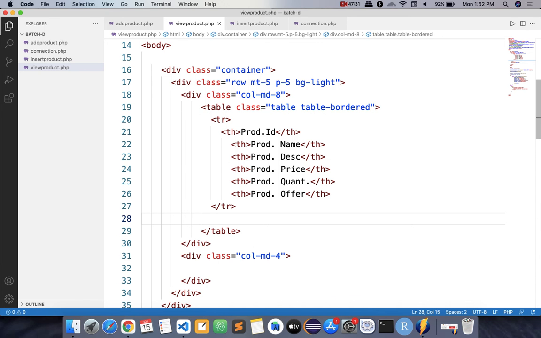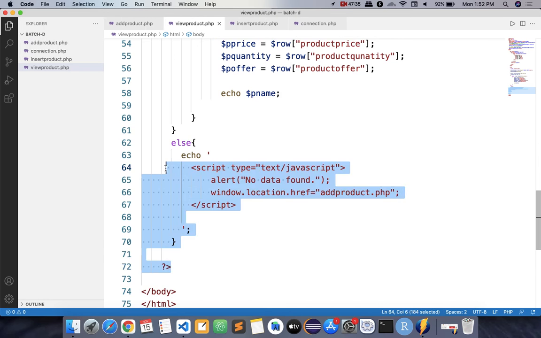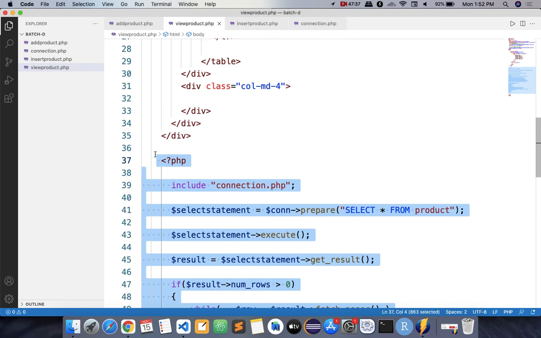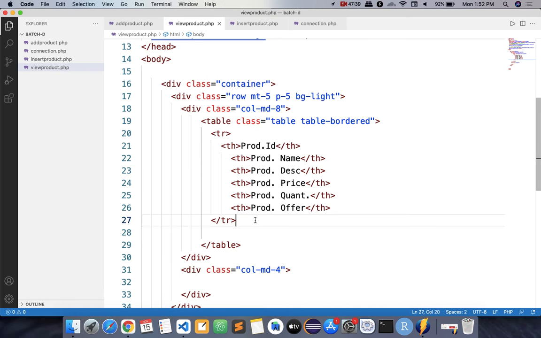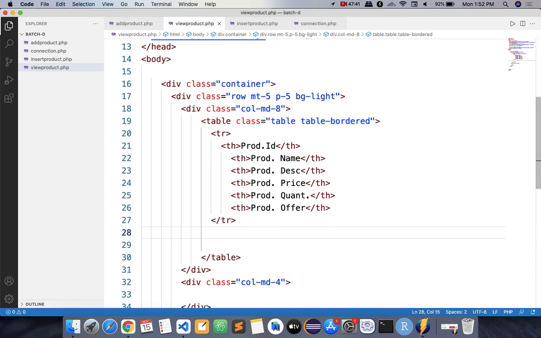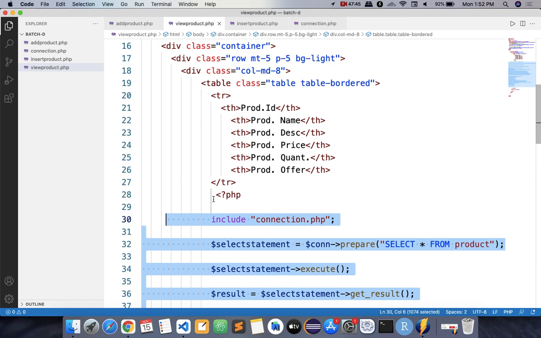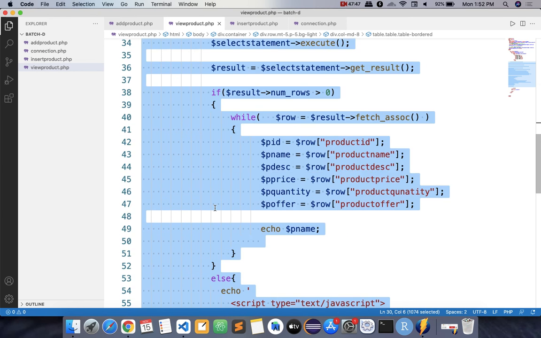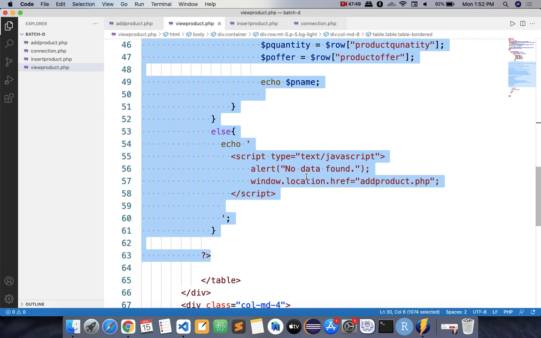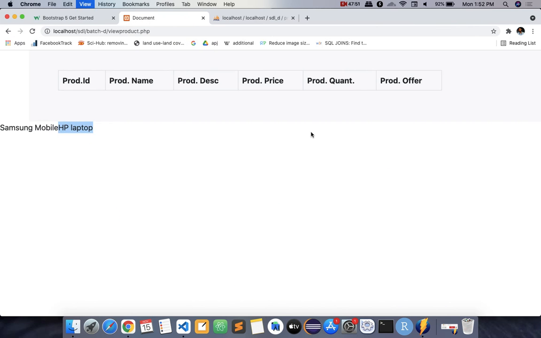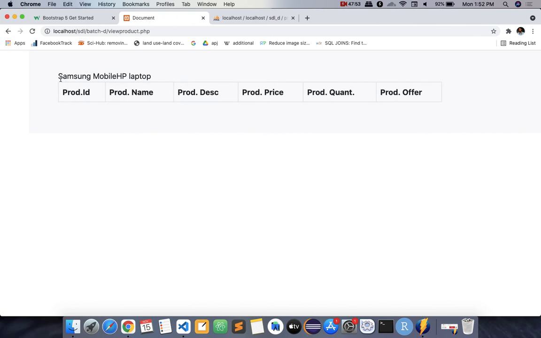So that entire PHP code must be here, right? So whatever we have written here at the bottom, it will be after this row and before closing of the table. So you have to paste that code there. So it will be a continuation. Table यहाँ से start हो जाएगा और यहाँ पे close हो जाएगा, उसके बीच में ये सारा operation हो जाएगा. We'll see that. We'll reload it and check it. Now it is above the product name, but it should be part of row.